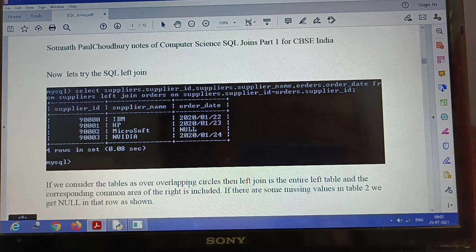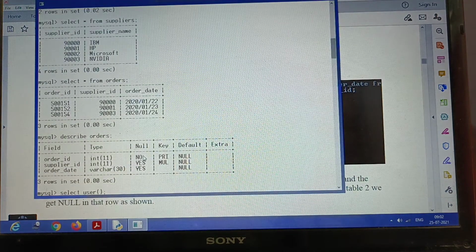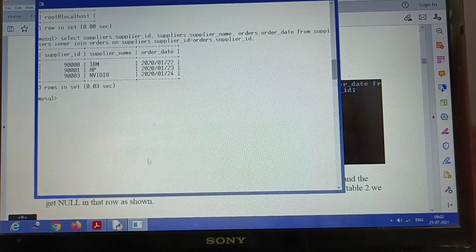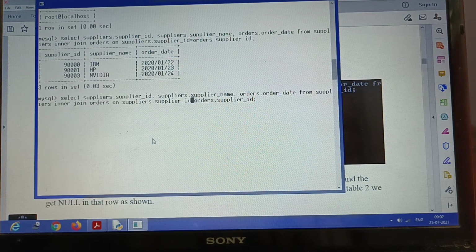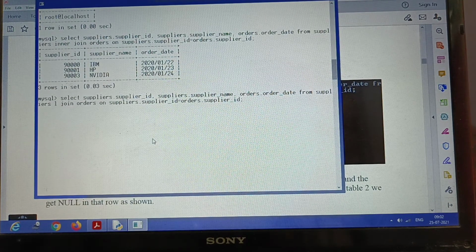In the left table there is an extra record which in the right table is not there, order date. So a null value will be given there. This is what is going to happen if I write this command. So I will give this command, instead of inner join, I will now give the left join.